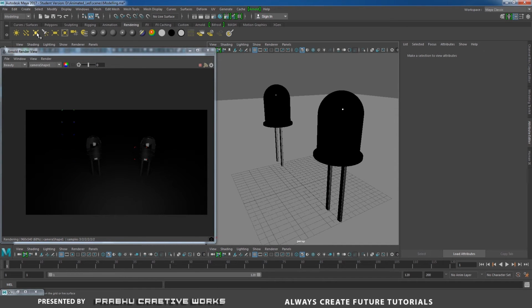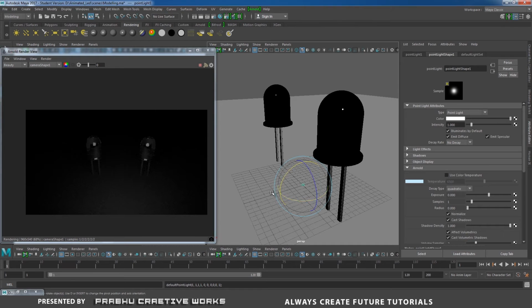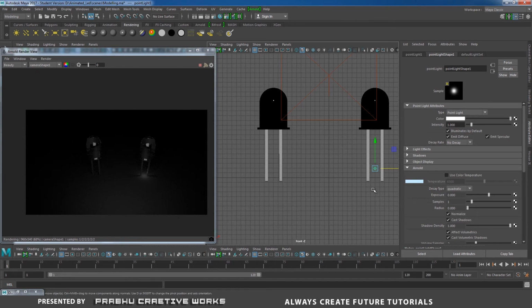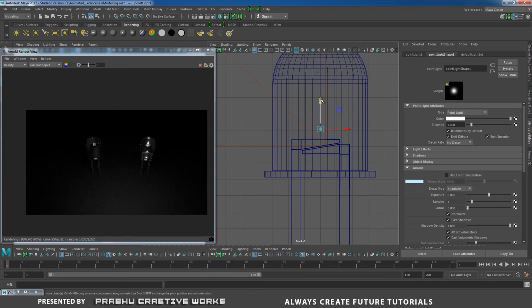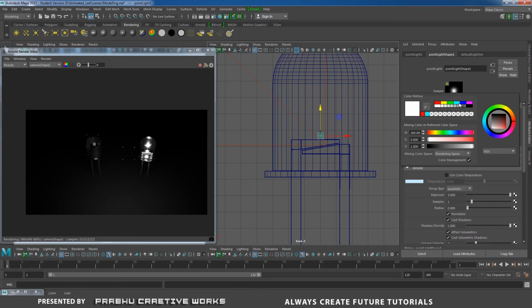Now we want to make our LED glow, so click on Point Light. When the point light is selected, it will automatically be created in the center of the grid. Press W and move in Y. You want to place it above the steel, so go to front view and press 4 on the keyboard. Increase the exposure a little bit up to 5 and give the color blue, sky blue like this.